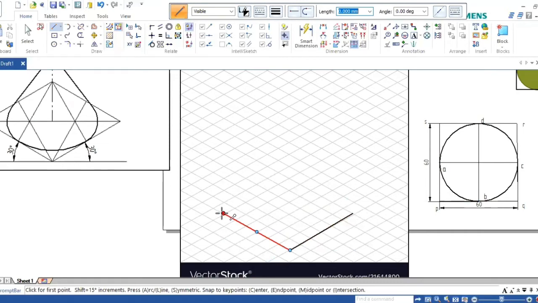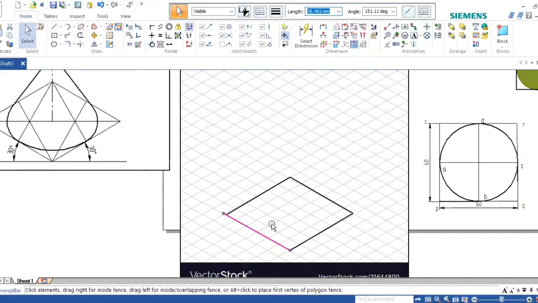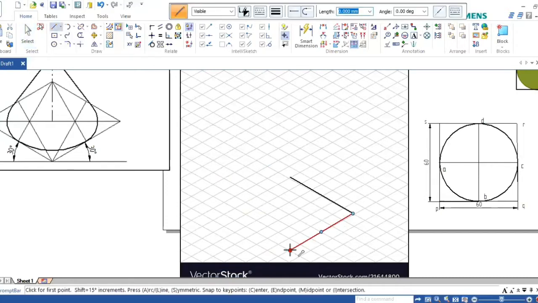Again from S to R, 60. Then join this. Now you have constructed a square slab.